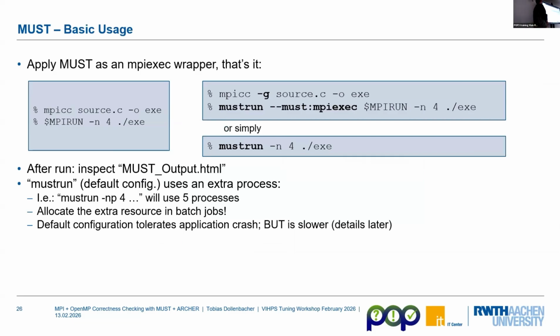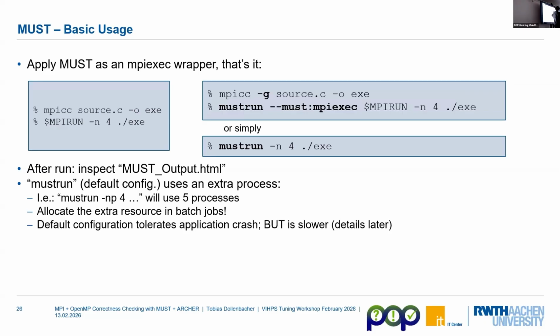All right, so how do we use MUST? We don't need to recompile or anything for the use of MUST. However, we need debug flags to actually get line information. And then we simply replace the mpirun with a mustrun. So we compile our code here with -g, and then we replace the mpirun with a mustrun, and give how many processes we want and execute the